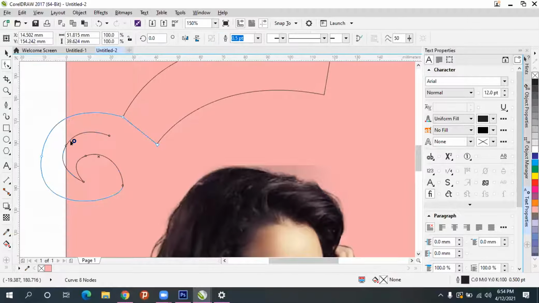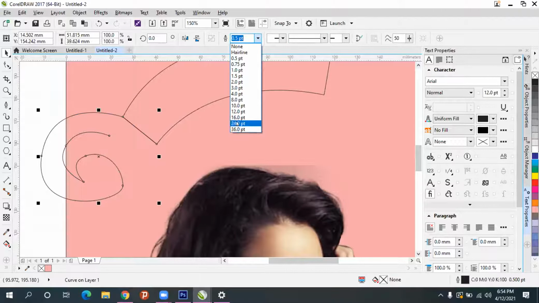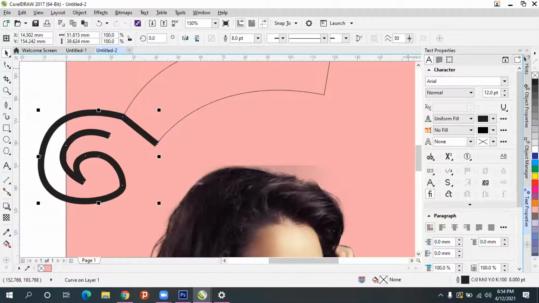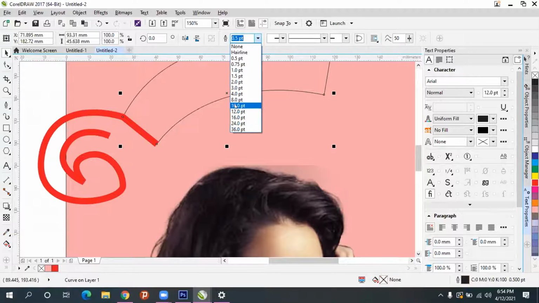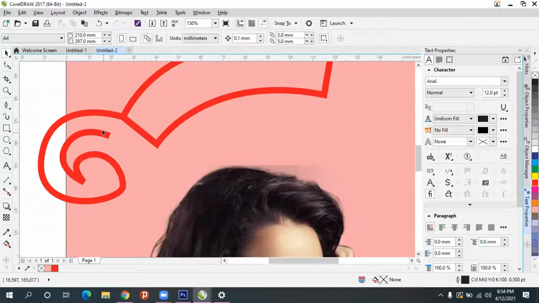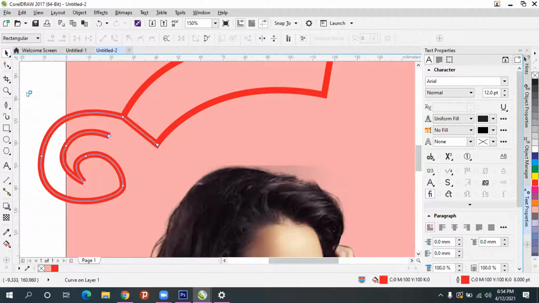Then increase the stroke size. So much. Now who has doubt? Hello? No, sir. Got it, sir. We need to practice this. That's it. Sir, I have doubts, sir.